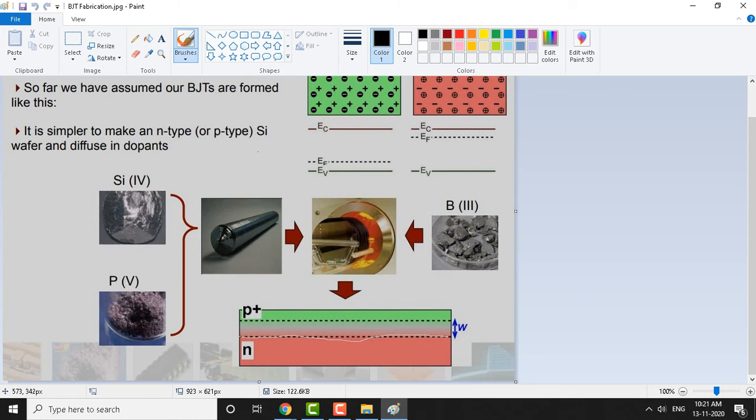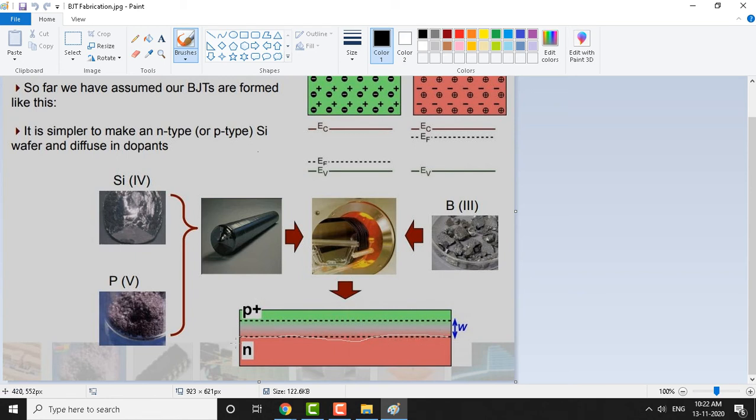Now, as I told you already, the base material in our case is going to be n type here. So this silicon wafer you are seeing is already an n type semiconductor. On top of that, if you diffuse different impurity elements, you can make either a pnp transistor or an npn transistor, depending on the type of the wafer here. But right now, this complete wafer is of n type. That is what you are seeing here, an n type silicon wafer.